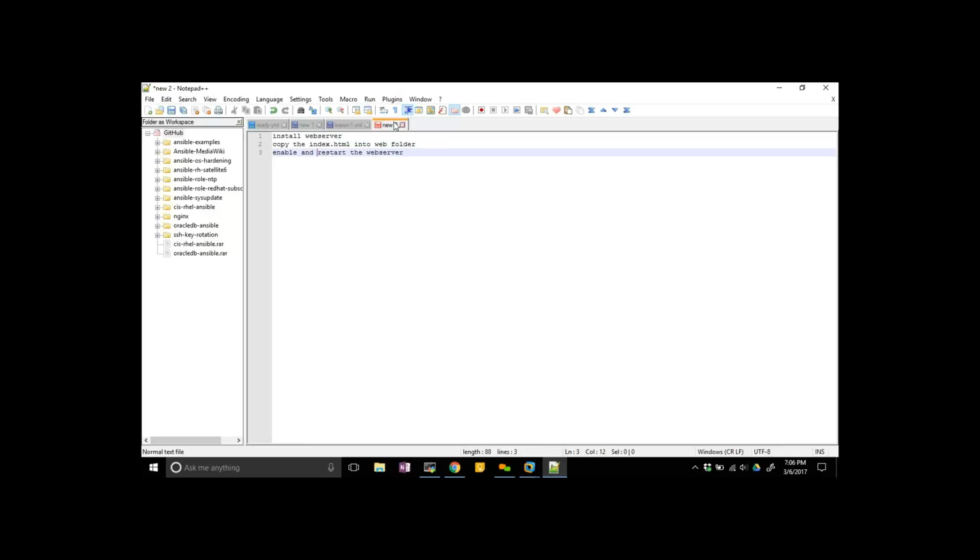Enable and restart the web server. So this is our task. With this you can bring up a website.